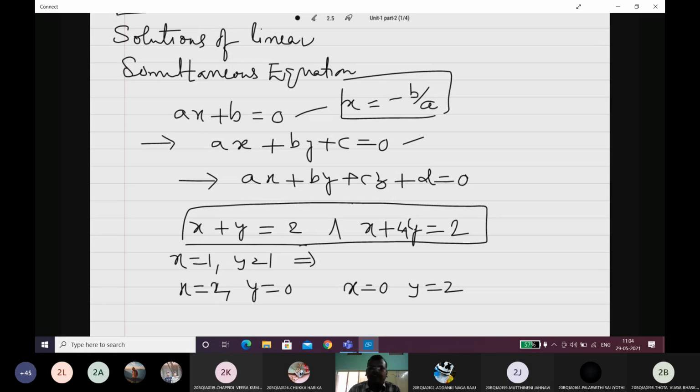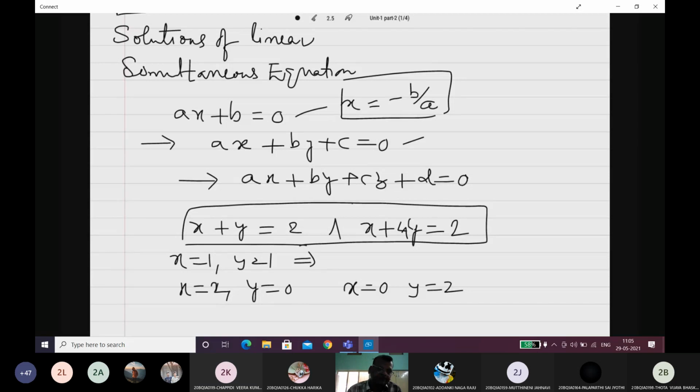Now, the traditional method is that we equate the coefficients of two values, cancel them, and find the unknown value in terms of the known variable values. We can find the solution for one equation and, substituting in the other equation, we may get the solution. Depending on the problem, it may have an exact solution, a unique solution, or infinite solutions. Is it clear?